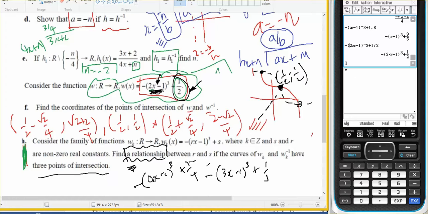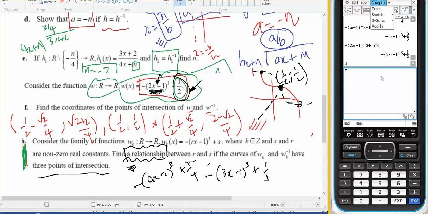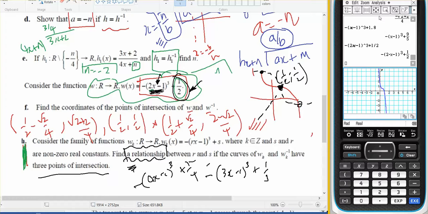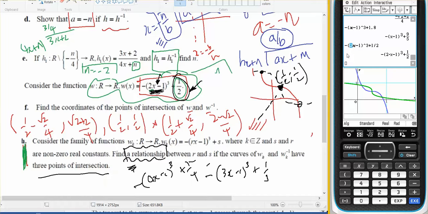Just to double check that, this is the one I'm looking at here, so if I go analysis, graphing, memory, initial, okay, and we graph that, then we do analysis, sketch, the inverse, and we zoom around that, I'm going to have 3 intersection points. Beautiful. If I change this to 3 and change that to 3,